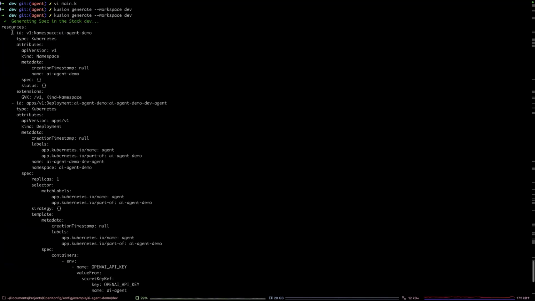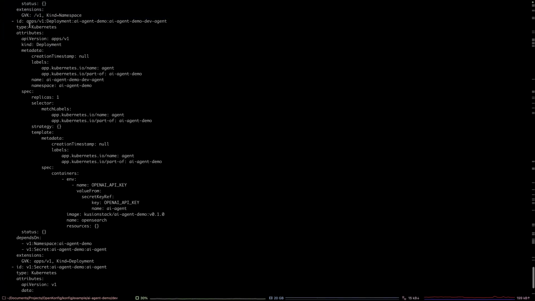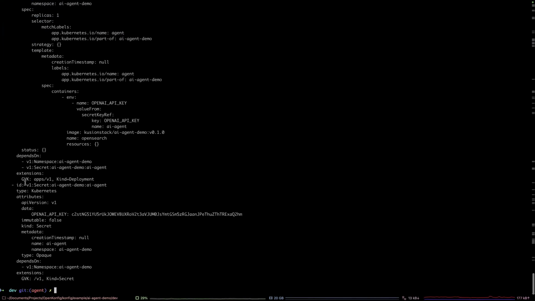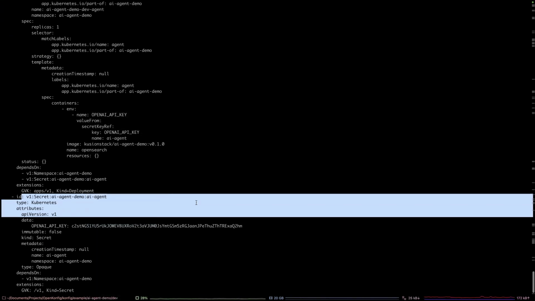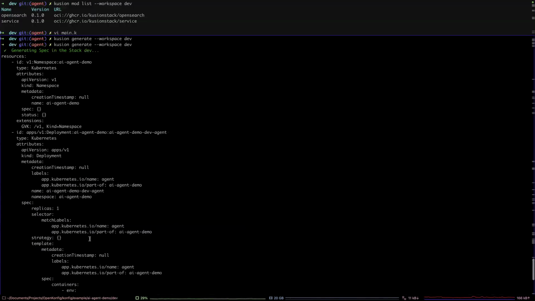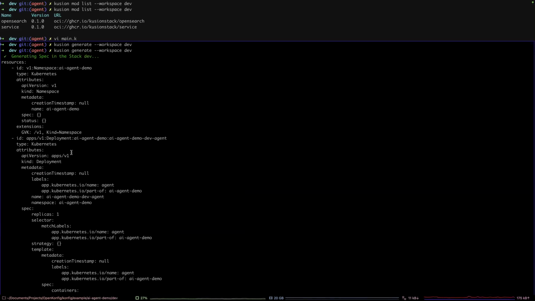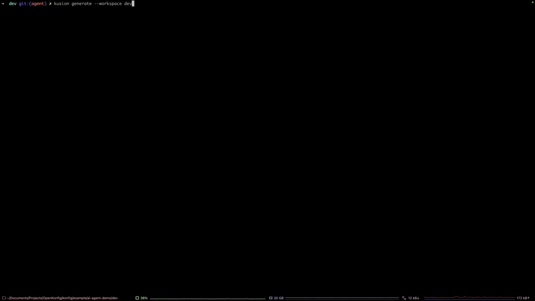In this case, it's going to generate a Kubernetes namespace because you're practically going to need it for anything that gets created in Kubernetes. Then it's also going to create a Kubernetes deployment. It's also going to create a secret with the OpenAI API key that my colleague just shared with you guys. So this tells you what resources will be created. And remember, if there are also cloud resources, which in demo part 2 there will be, they will also show up here. The next step is to do a preview,